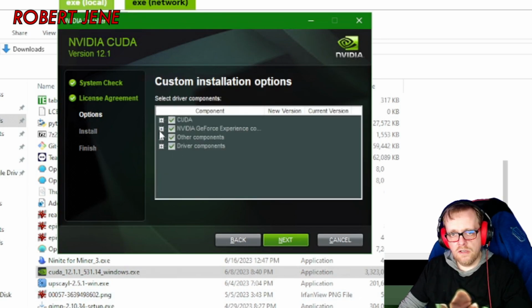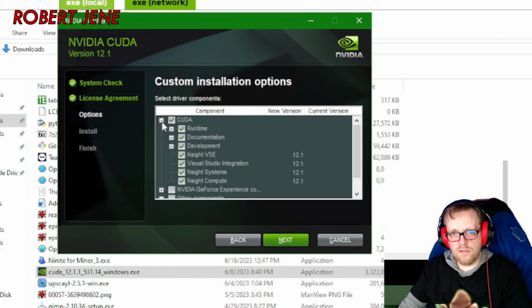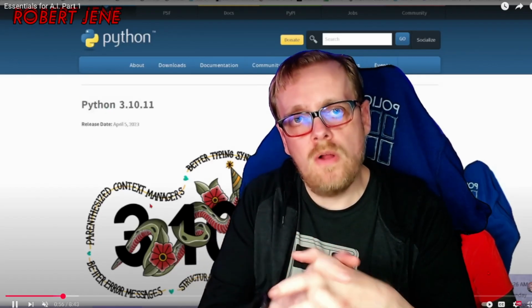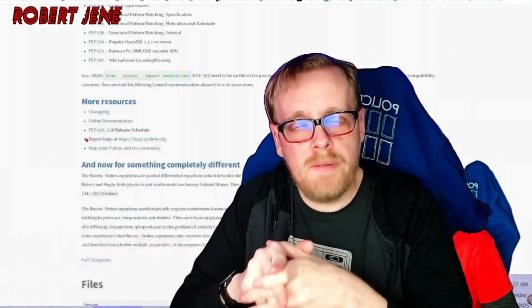Hit next. Uncheck these bottom three. Expand the first one, and you only need the runtime, unless you're going to be doing this other stuff and you know what this stuff is. You just need the runtime, and you don't have to do anything else. Just next, finish it. You will need to install Git as well as Python